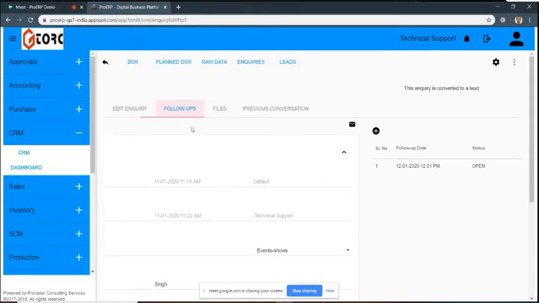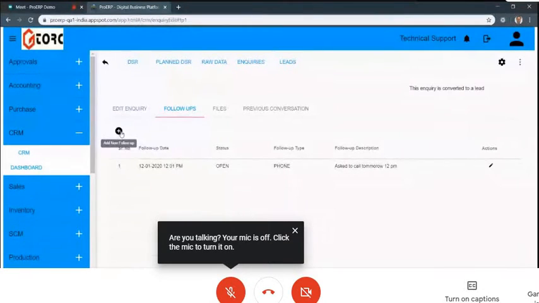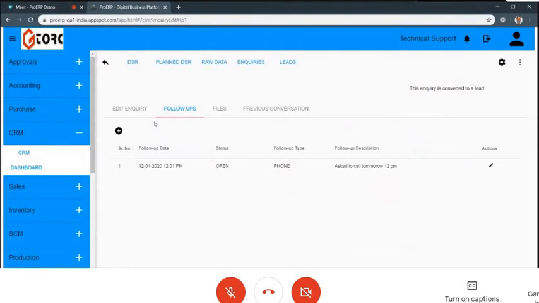Yeah. Hello. Ganesh? Yes. There is a disturbance. I don't know whether it is for me only or for Mr. Mohan. Can you hear Ganesh clearly now? Now I can hear you. There was a disturbance. Can you just repeat about the CRM task management or the follow-ups that we are seeing?